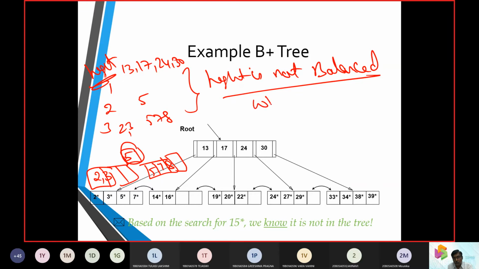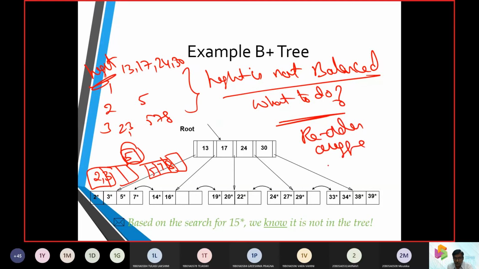So what to do now? We have to rearrange again, so that the root and data are at height 2.